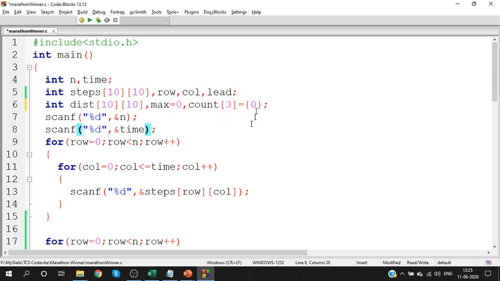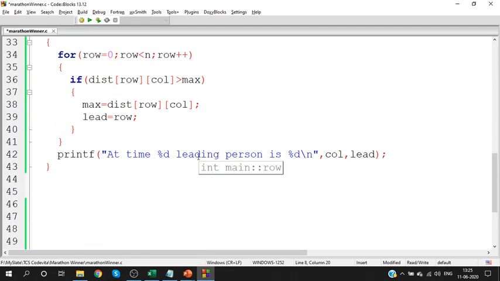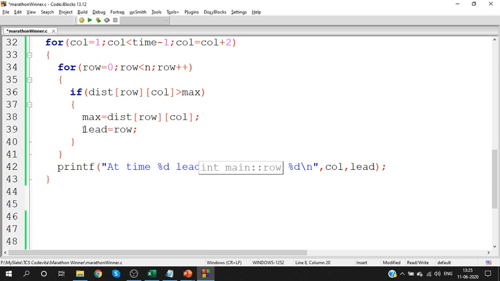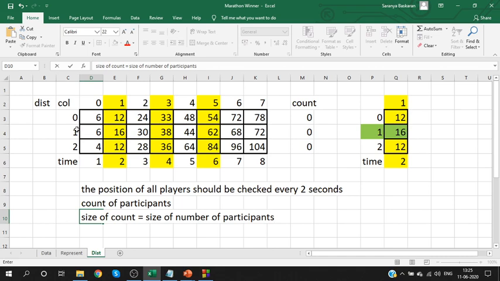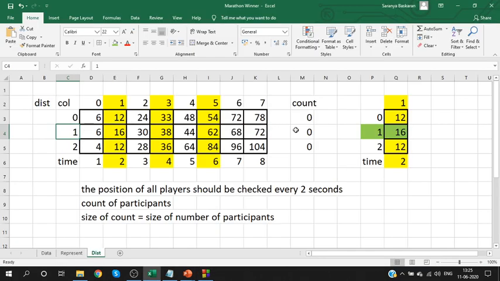Okay. We are going to count the number of times they are leading. So at this point, whoever is leading, we have the row number. If person 1 is leading, his row number is stored. Who is storing it? The lead is storing it. So what you have to do is, once you find the maximum, increase the count.